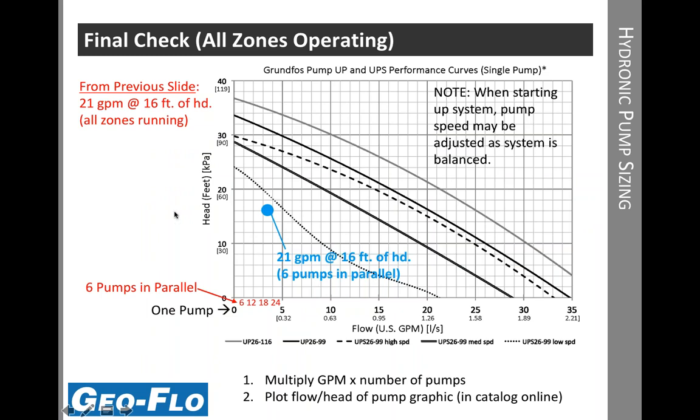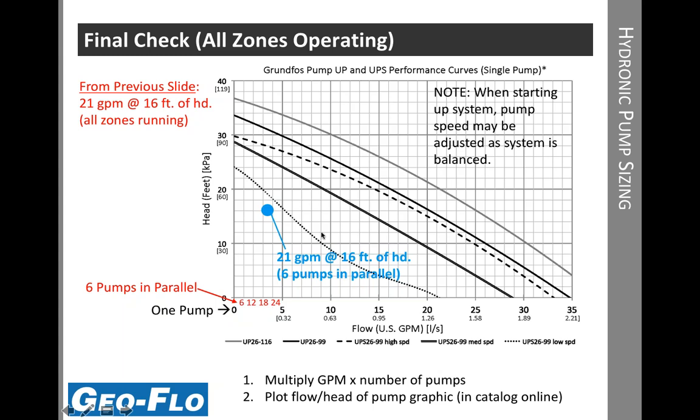Now with pumps in parallel, we take the number of pumps times the flow rate. So with 6 pumps in parallel, this 1 gallon per minute becomes 6, 2 gallons per minute becomes 12, 3 is 18, and so forth. If this were only 2 pumps, we'd have 2, 4, 6, 8, and so forth, all the way up to 10 gallons per minute. So the key is, with parallel pumping, we have the flow times the number of pumps,